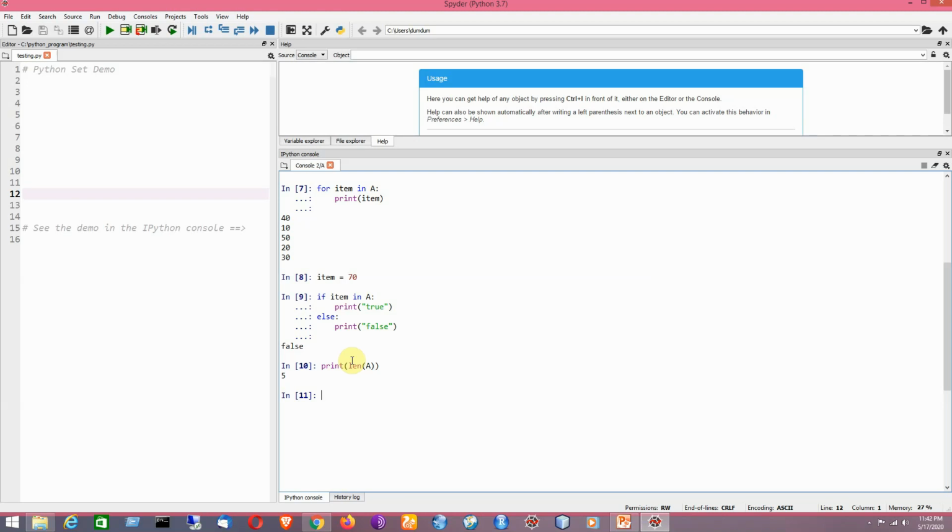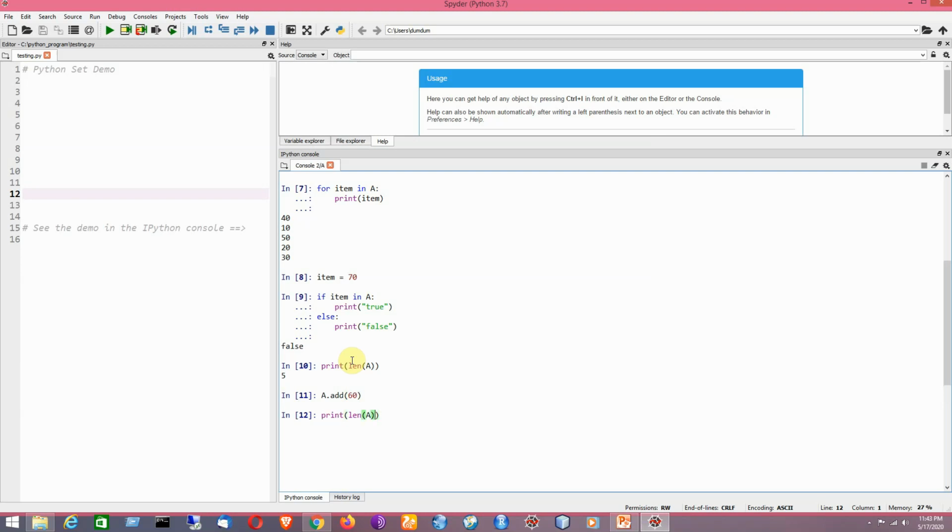Now we are going to add elements to a set. Basically we can use the add method to add a single element to a set. Okay, so now I am going to add, say for example, a new element to set A. Suppose I am now writing here A dot, A is the name of the set. Now I am going to add here, say for example 60. A new element has been added here. Okay, so now it is successful.